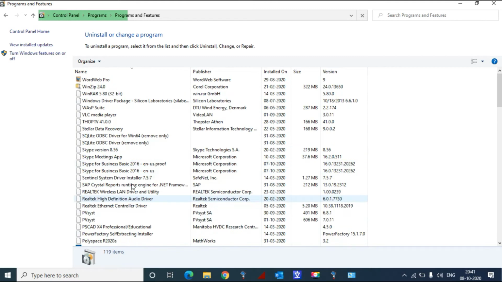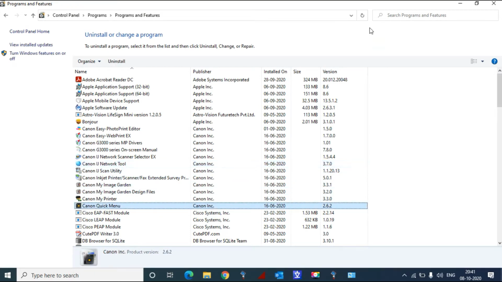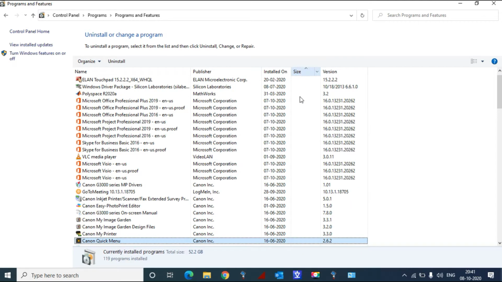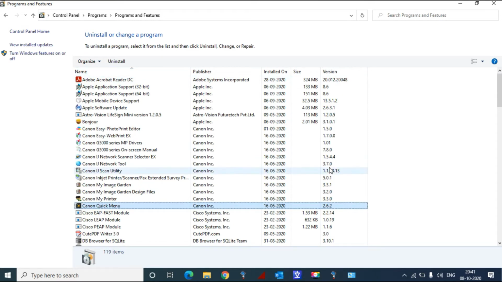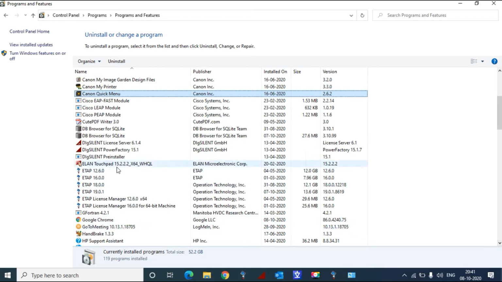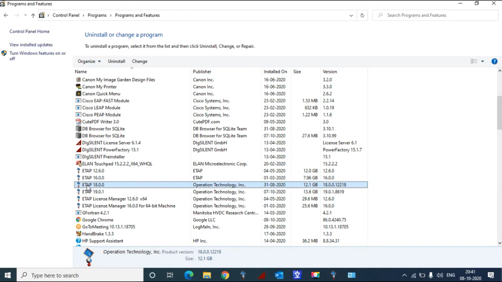I have a number of ETAP versions installed on my system. If I sort by size and scroll down, you can see there are four ETAPs: ETAP 12 at 12 GB, ETAP 16 at almost 8 GB, ETAP 18 again 12 GB, and ETAP 19 at almost 13 GB.